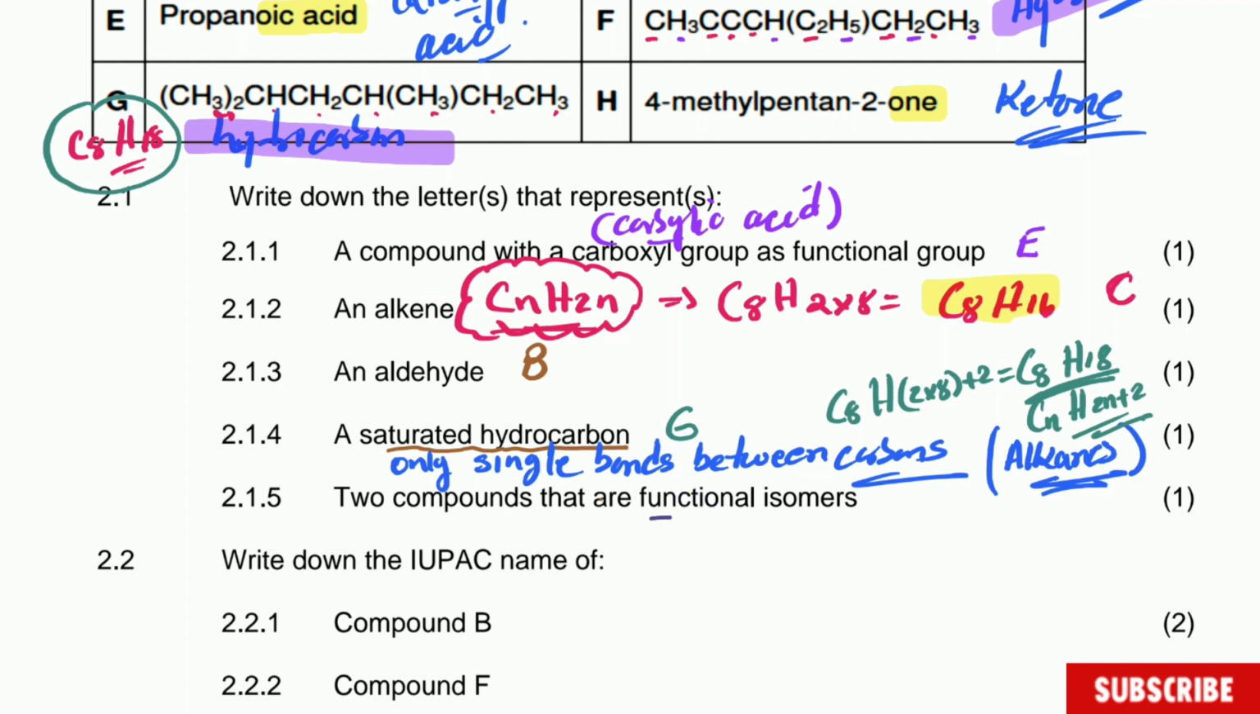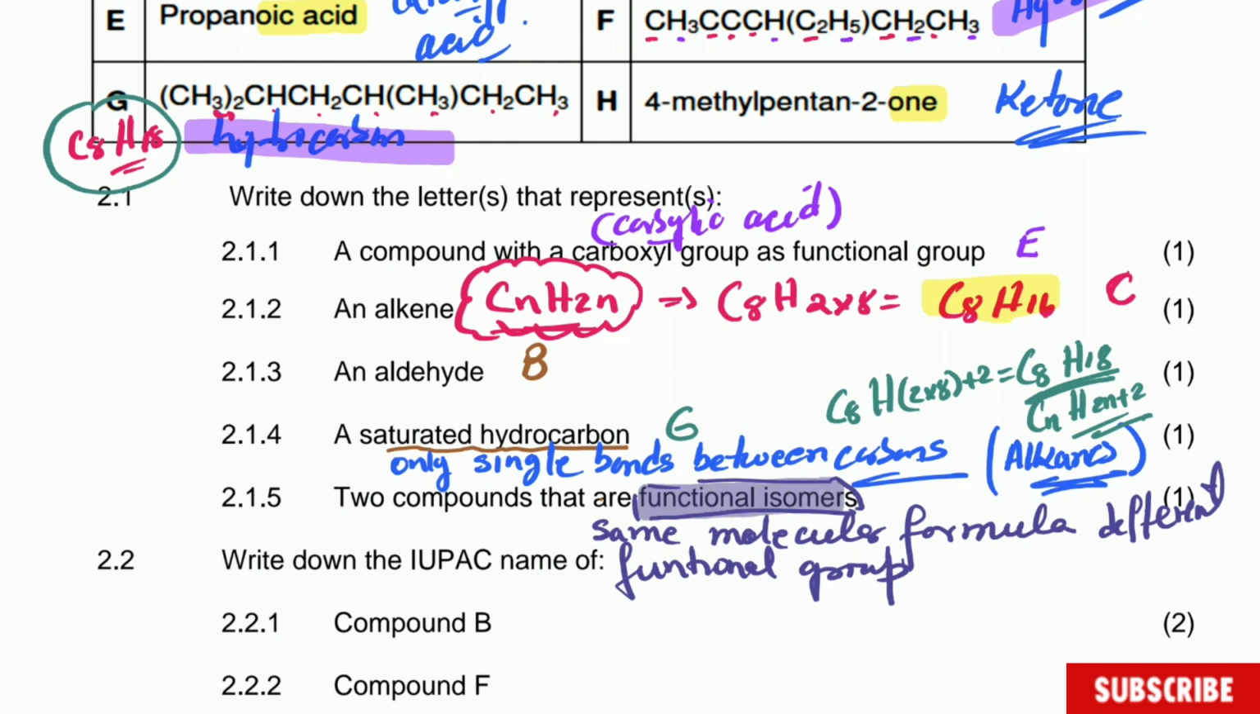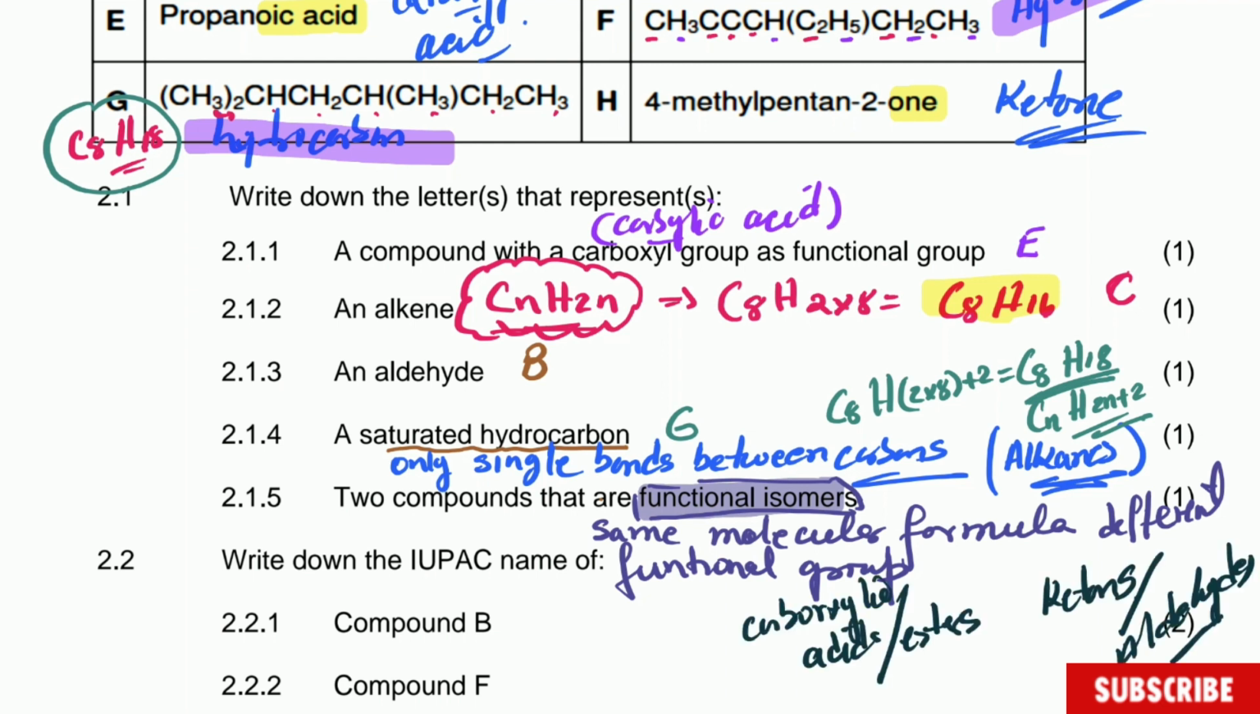Now, functional isomers, just to recall, very quick, have the same molecular formula, different functional group. So we're looking for compounds that have the same molecular formula but different functional group, guys, and there are only 2 combinations we can look for. And these combinations are carboxylic acid and esters, and ketones and aldehydes. In other words, if you're looking for a functional isomer of a carboxylic acid, then it should be an ester, or vice versa. And if you get to look for a functional isomer of a ketone, you're looking for an